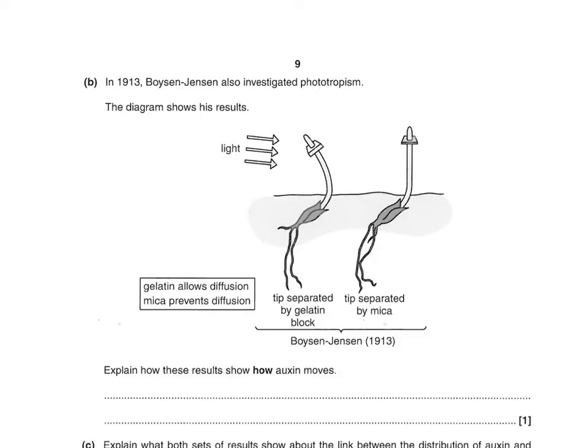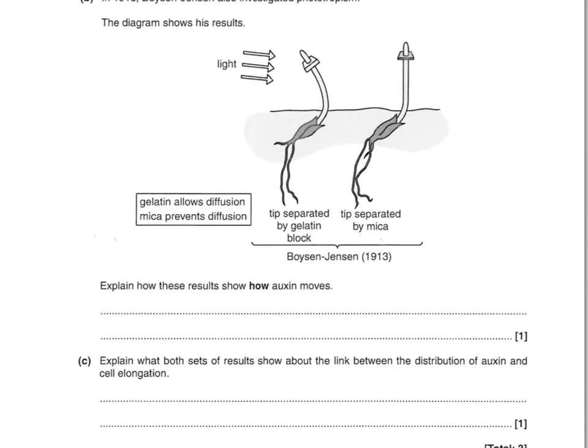In 1913, Boysen-Jensen also investigated phototropism. The diagram shows his results. Explain how these results show how auxin moves. So it says the response with gelatin, as gelatin allows diffusion, or you could say no response with mica, as mica prevents diffusion, or you could say that when diffusion is prevented it doesn't grow. So you need to say how the auxin moves, via diffusion, as when diffusion is prevented the plant